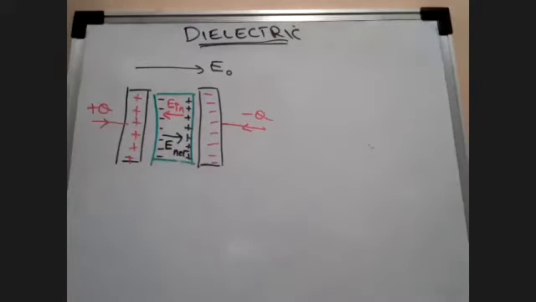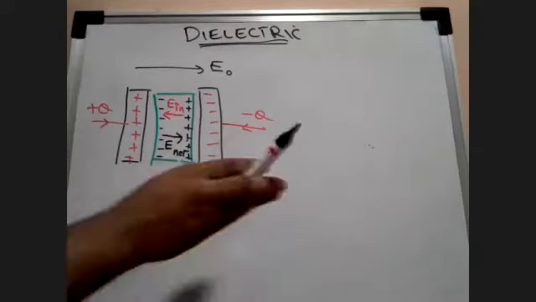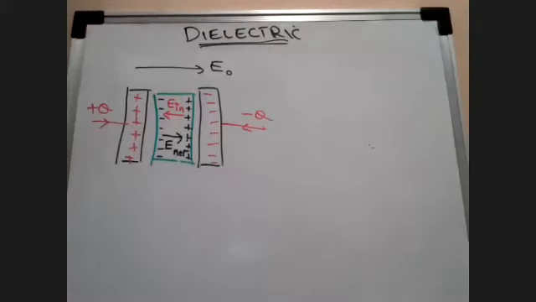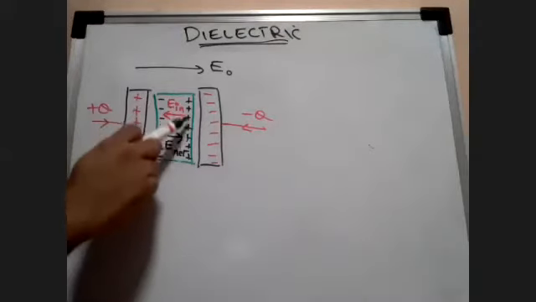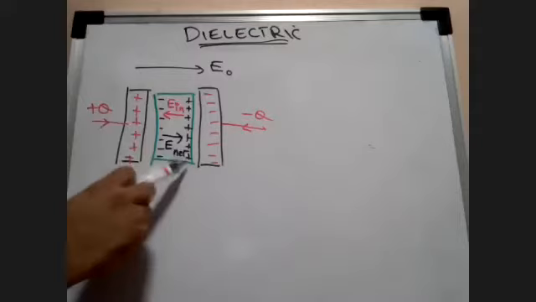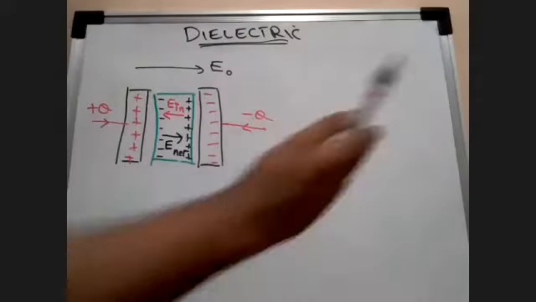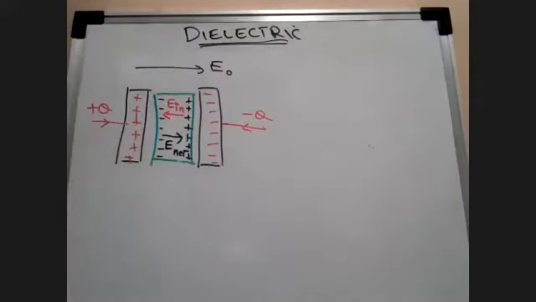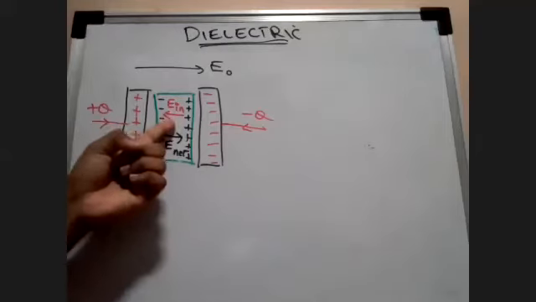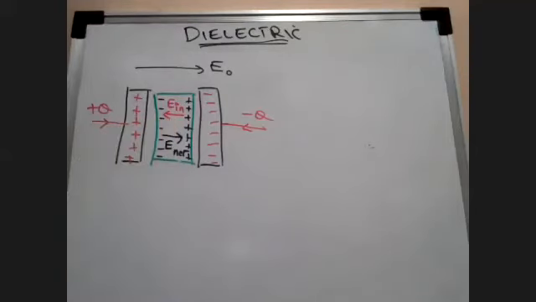In the morning lecture, we saw that the dipole alignment with respect to an external electric field will be towards the electric field itself. I'm talking about the net surface charge. So you can see plus Q all over here, on the surface of the dielectric which is towards the electric field, and negative over here. Finally, I said that there is going to be a certain amount of induced electric field, which I have denoted by E_in.